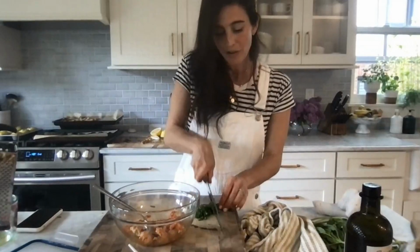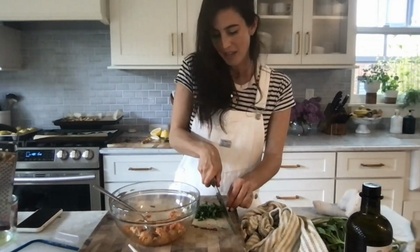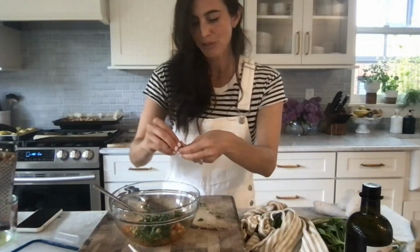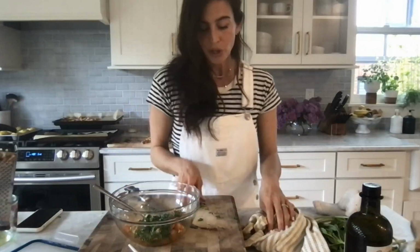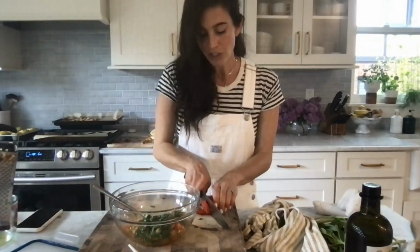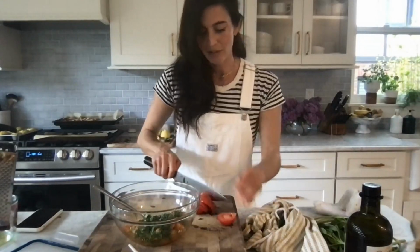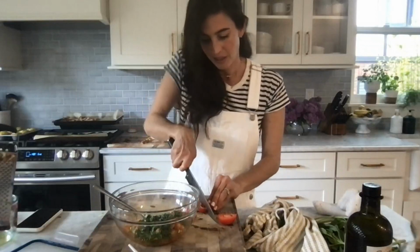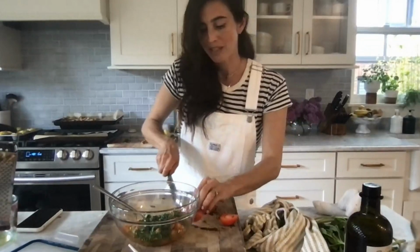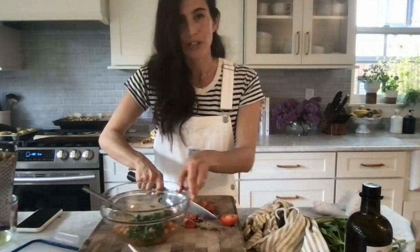We're going to chop up our basil. I'm going to add in some tomatoes because if you did not use tomato sauce, like let's say for these meatballs, which already have tomato sauce on them, we're going to do chopped tomatoes. You can use heirlooms. I tend to use Roma tomatoes, especially when you're cooking something. The heirloom tomatoes are great for when you're having it raw or fresh. If you're just going to cook it, they kind of taste the same. And Roma tomatoes or beefsteak tomatoes tend to be a little bit less expensive and more widely available. So if you're cooking them, it doesn't matter. So we're doing one Roma tomato, because again, I'm doing a half version of this recipe right now,